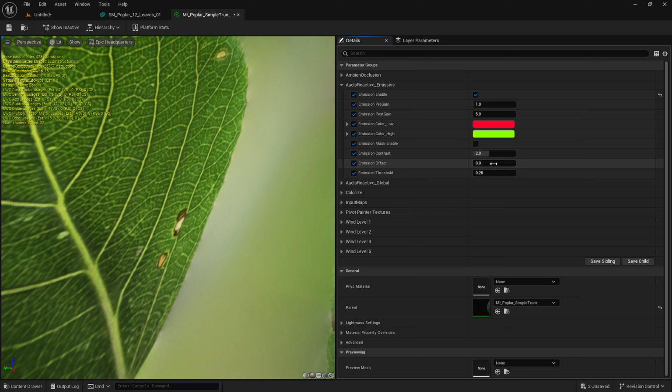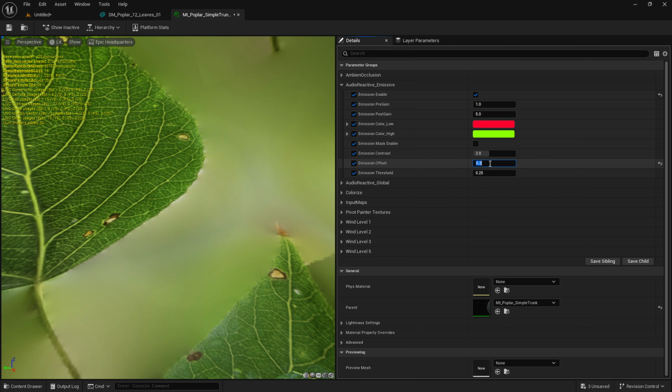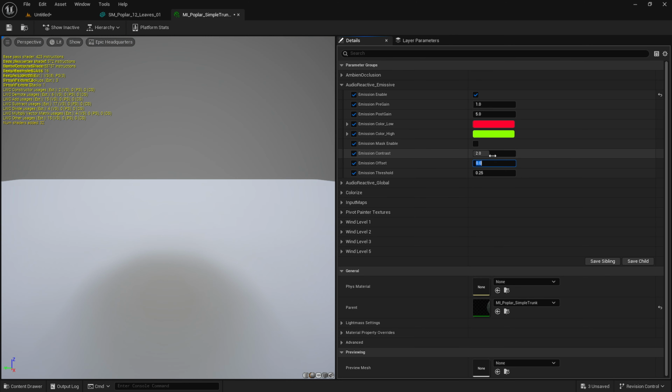Offset is a flat. It adds a value to the final audio float. So if the audio coming in is, let's say, at 0.4, and you add 0.2 to here, now it's going to be 0.6. So this is just a flat add if you just need to boost up the actual range. And then contrast. This will do what it says.